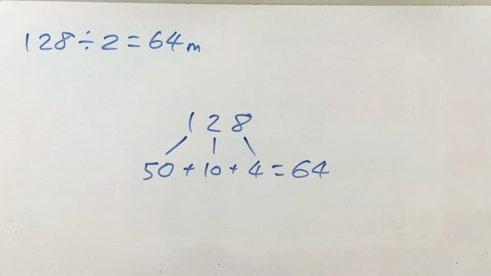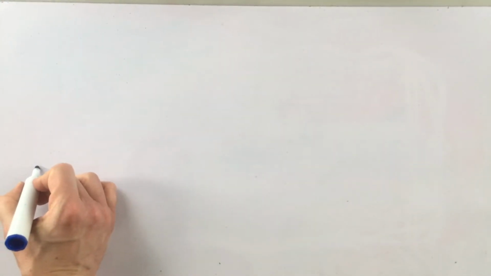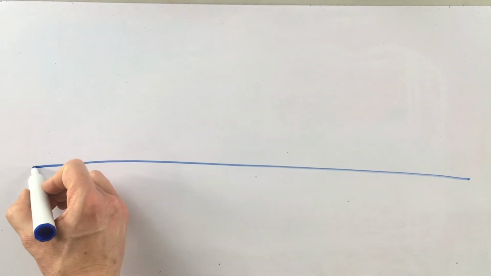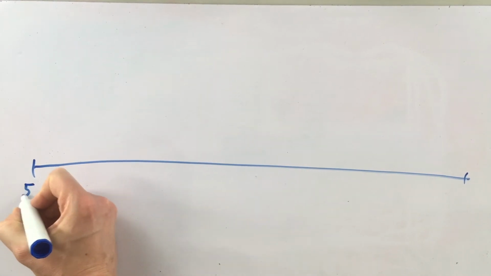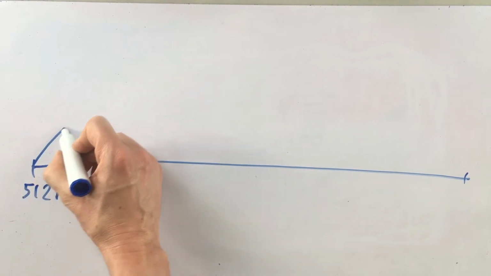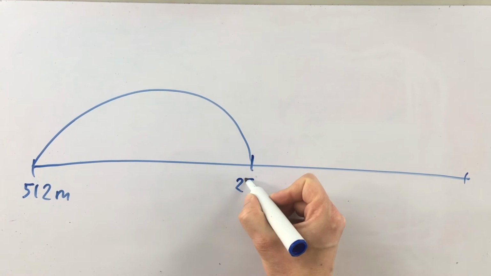The problem now gets easier from there. So I won't do the rest, but I will show you what the diagram looks like at the end. If this is the length of your pond, and we were starting at 512, and we jumped half the distance, we got to 256,